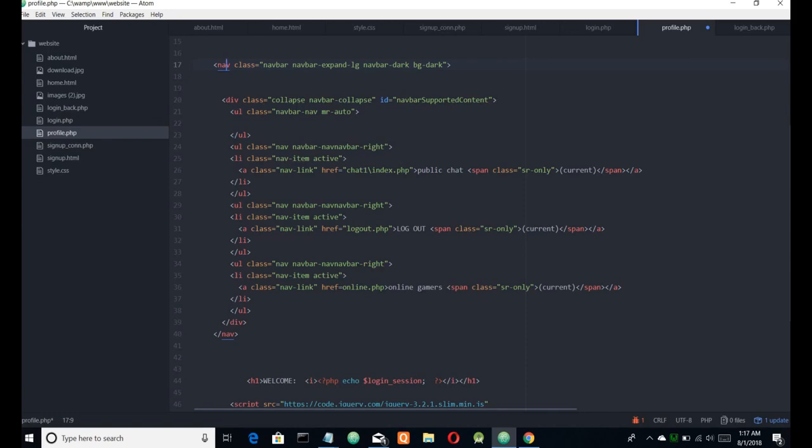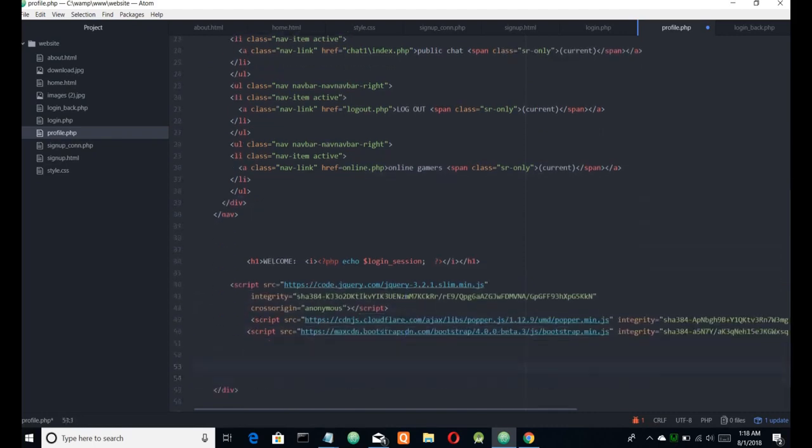Then we have your logout option, from where you can log out of an account, and then we have the online users, from where you can see how many of your friends are online. We'll be creating these three files in our next three videos. And then we'll have this heading one,